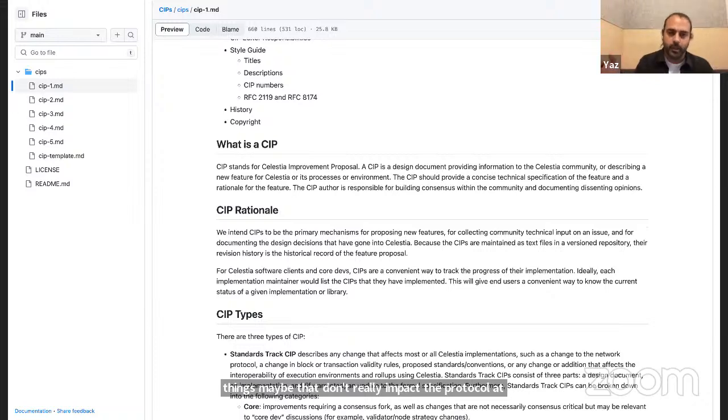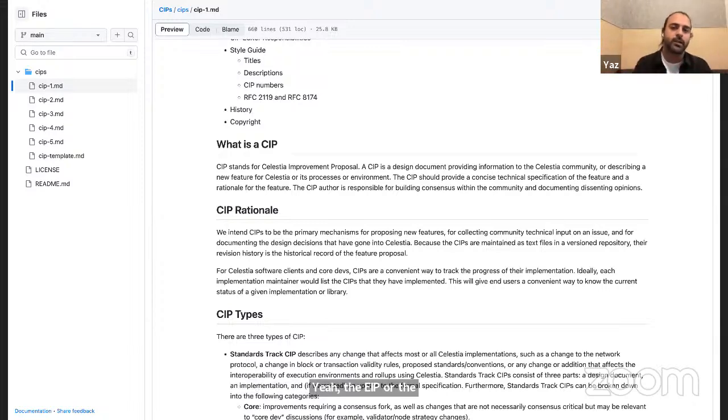Historically, if you want to look at the history behind these kinds of processes, it started off with the IETF, the Internet Engineering Task Force, that created such a process, which allowed for open source development in a distributed way around the internet. And different teams got inspired and utilized such a process over time. You have the PEP, which is around Python. You have Bitcoin improvement proposals, or the BIPs, and then the most famous one that we're all familiar with is the EIP, or the Ethereum improvement proposal.